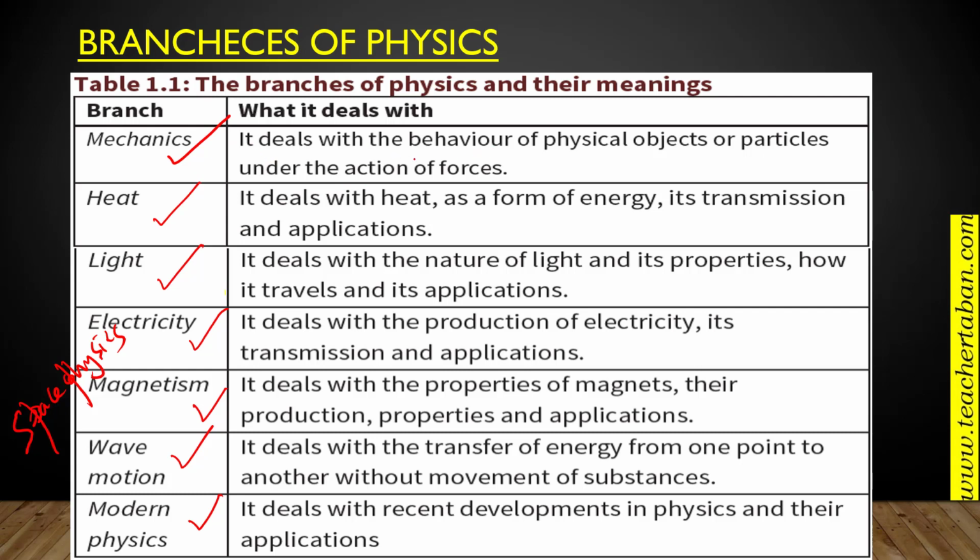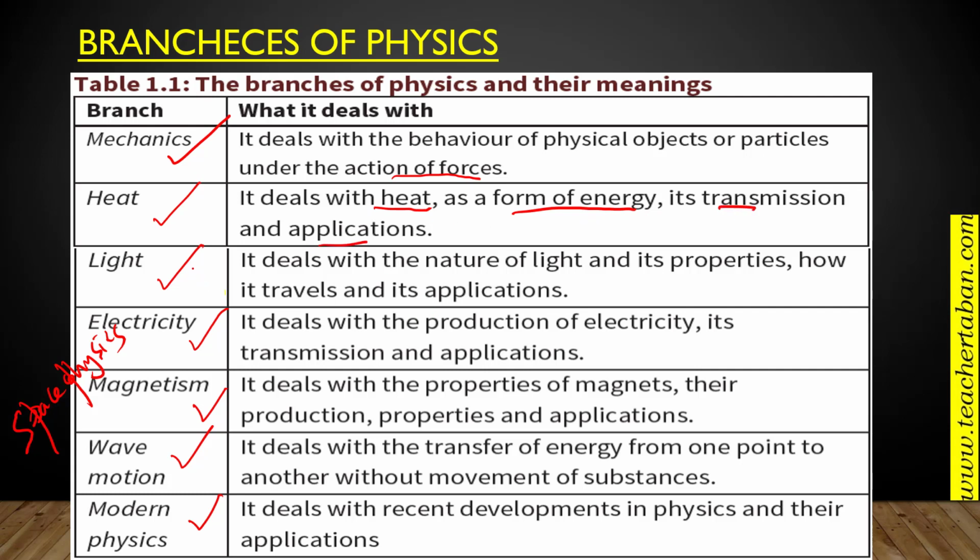So each of these ones here, we've tried to explain each of them. For example, mechanics, which comes from machines, is all about topics like motion of bodies, forces acting on bodies, among others. Heat, you know what this one is all about. In case you have to cook food, you need heat as a form of energy. Plus, of course, we shall be looking at other forms of energy, how they are transmitted, the applications, and so on.